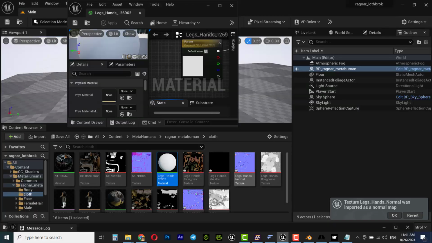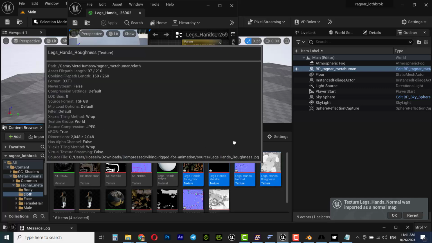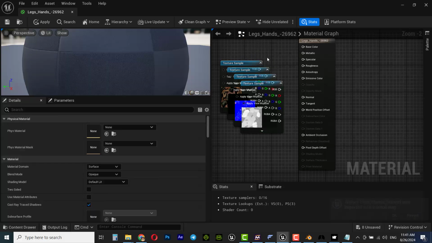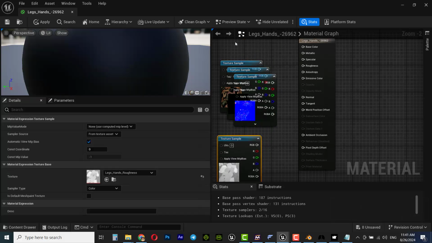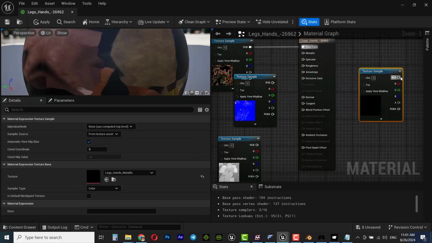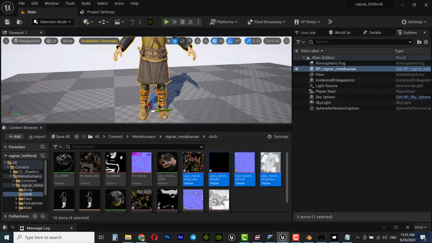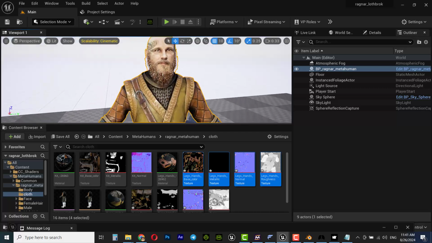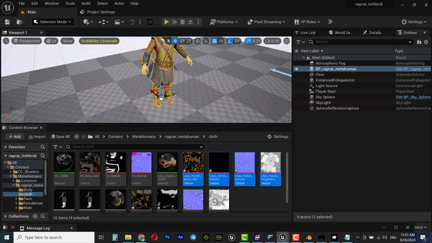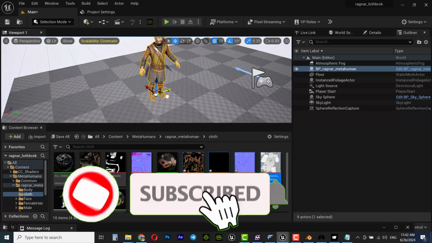Open and import these 4 to this part, and delete this one and connect them to their position, metallic, normal, and roughness, and save it. And as you can see, our character has a custom cloth, and this way we could connect it to the